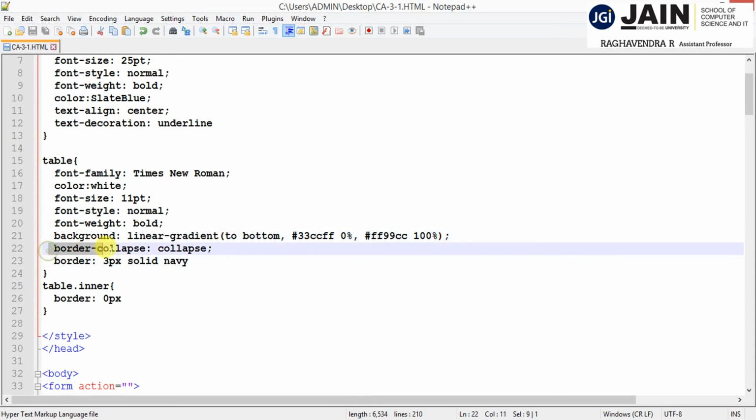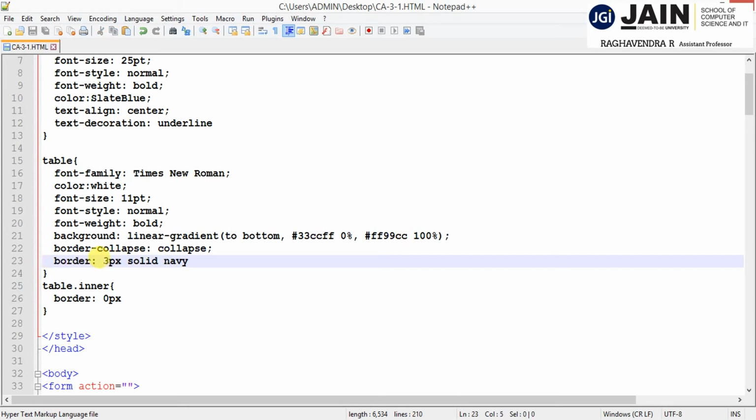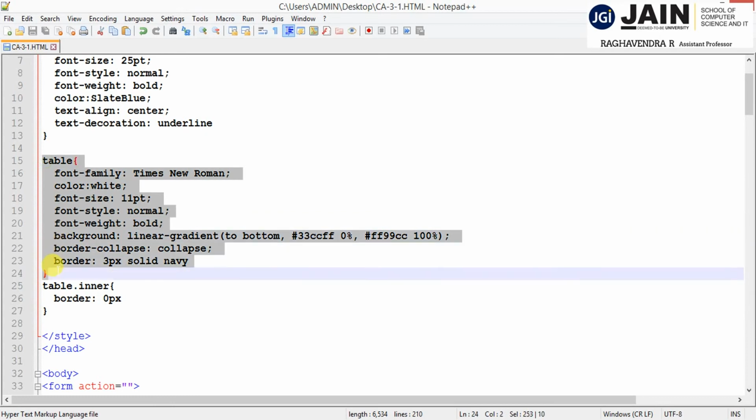And border collapse, yes, it should be collapse. And the border should be 3 pixels, solid, with navy color. So for the border I'm applying the property that the border should be 3 pixels in size, in a solid format, and the color should be navy. These properties will apply to the whole table.